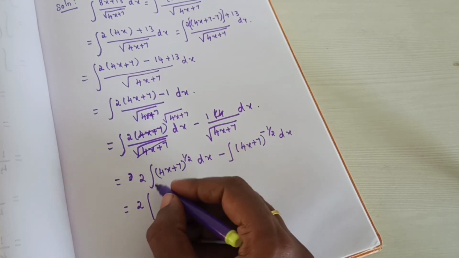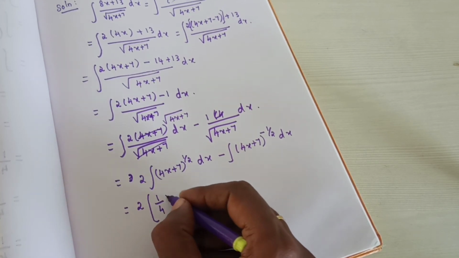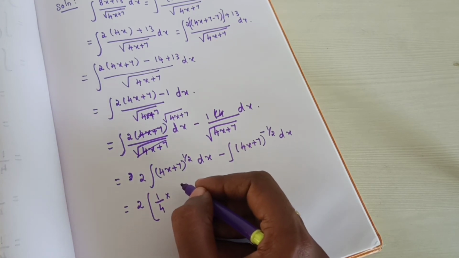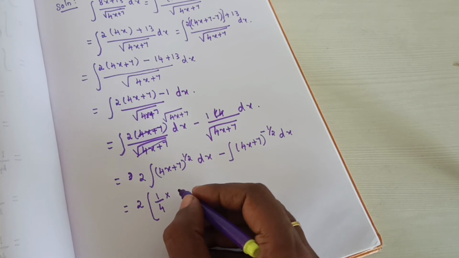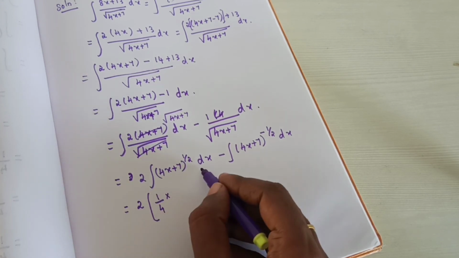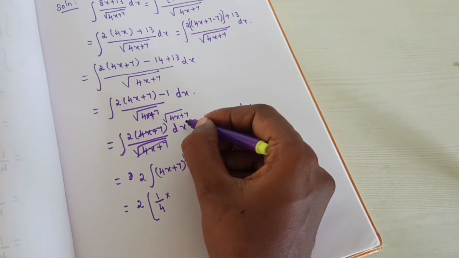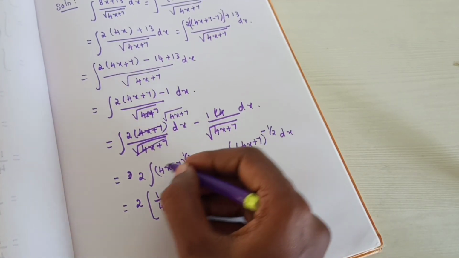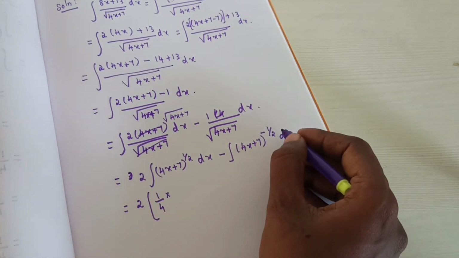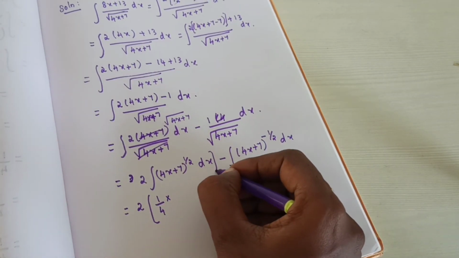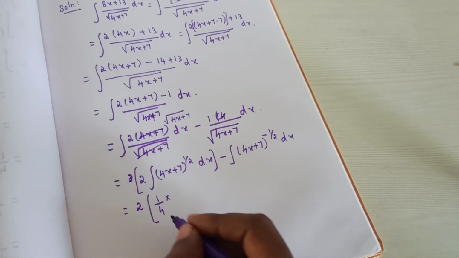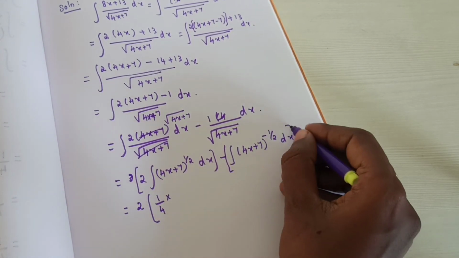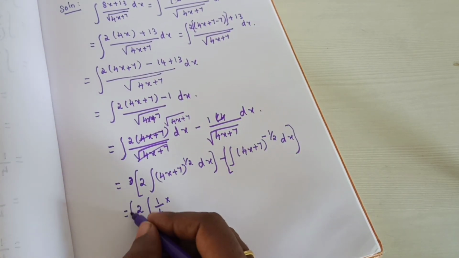This 4 is there. So what will you do? 1 by 4 into, 1 by 4 into this. This 2 is only for this one. Okay, this 2 is only for this one. Is it right? Yes. So if you need, you can put one more bracket also. Otherwise, when you are multiplying, you will take it here also. So put one bracket here separately. Okay, so what will happen? This 2 is only for this one.